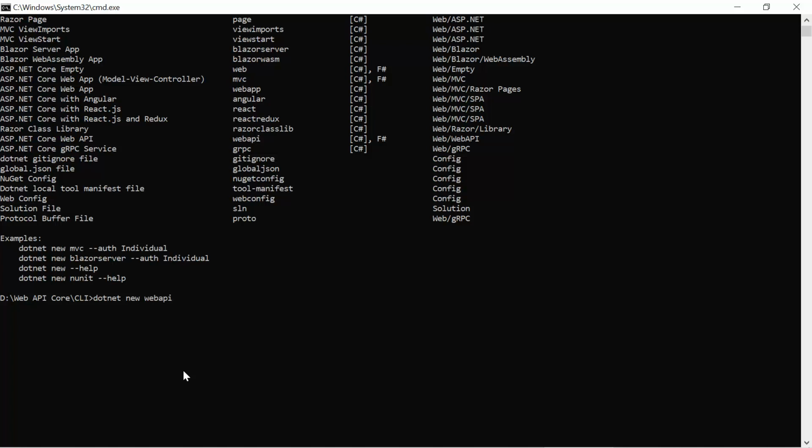There are two ways to create the project at this stage. If you press the enter at this place, then a new project will be created inside CLI folder. But if you want to give your project a name, then you can also use some optional parameters. So here we can type --name, and you can give a name to your project. Suppose here I'm writing my API project. Press enter.